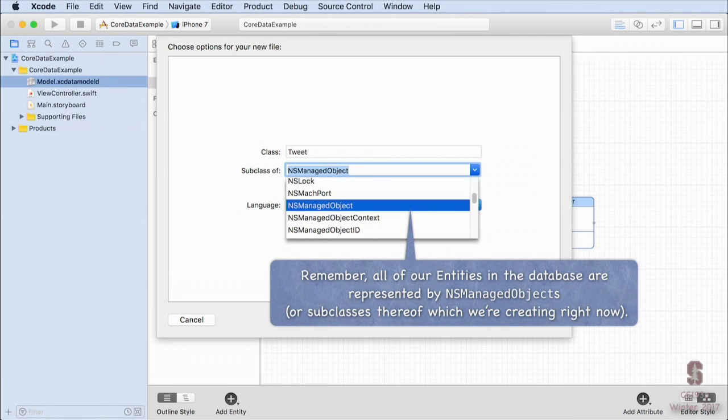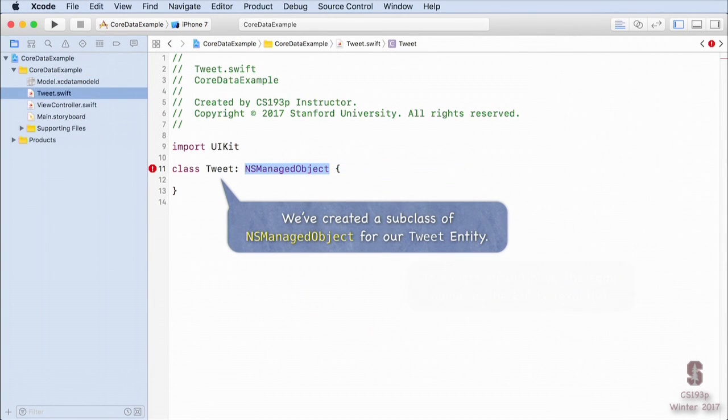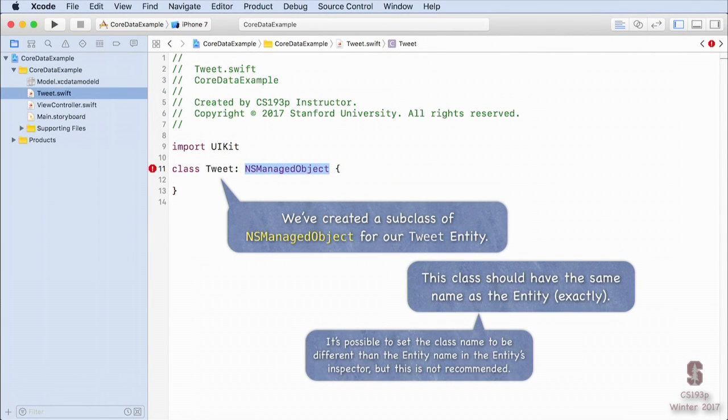So I'm creating a class called tweet, you see, which is a subclass of NSManagedObject. And it's going to create this for us. See, class tweet, NSManagedObject, no code in there. That space is for us. We get to write anything we want. The code that does the vars is in that extension, which we don't even see, but I'm going to show it to you in a second here.